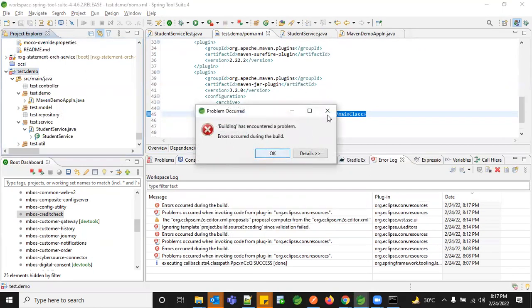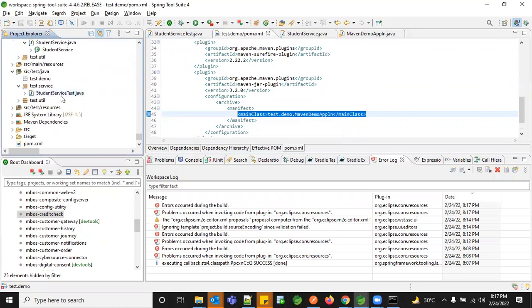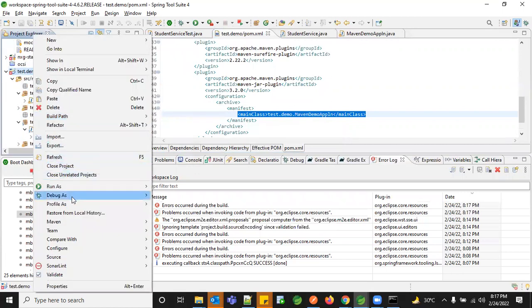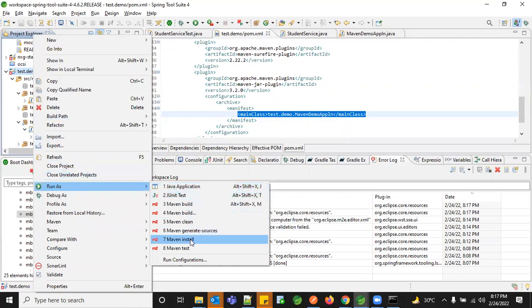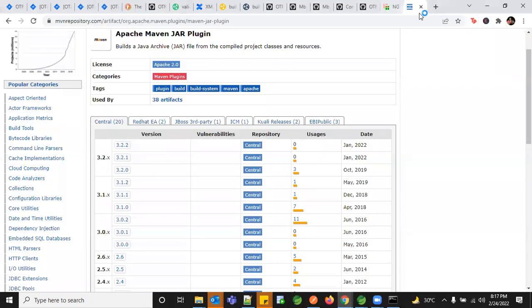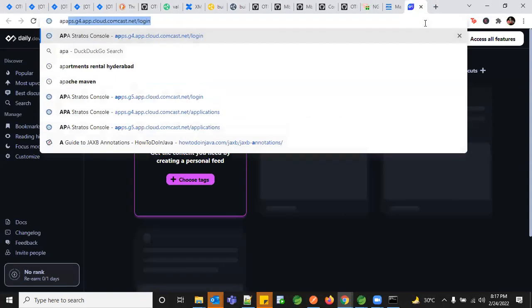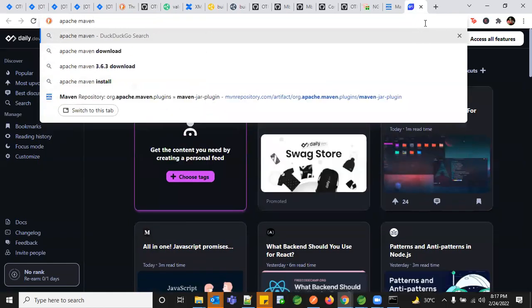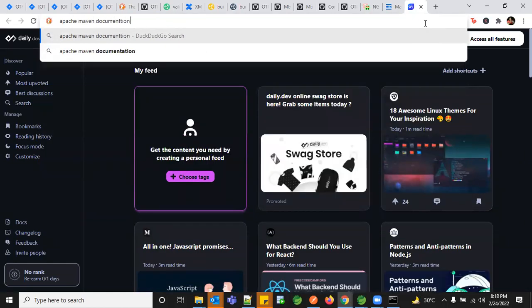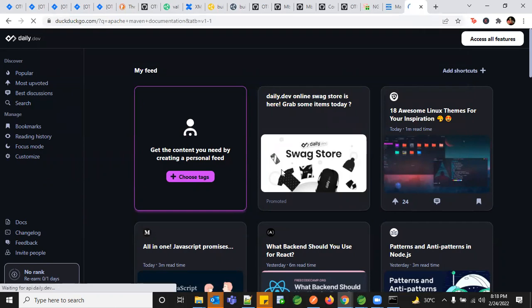For all this information, like what we should do whenever we want to use something on the Maven part, you have everything documented under the Apache Maven documentation.